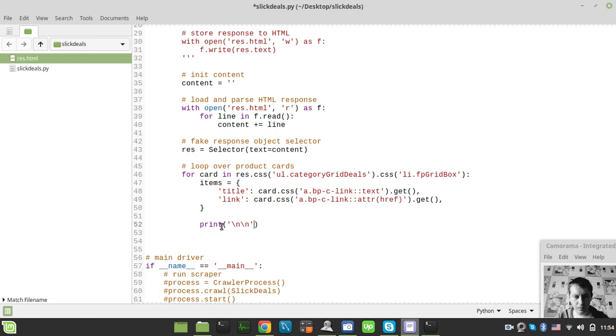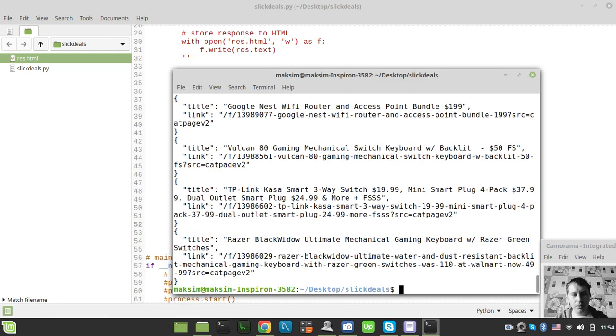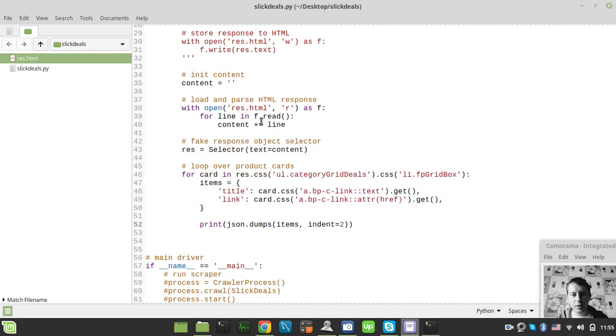So now let's print our items. So I say json.dumps and oh my god, items, and indentation equals to 2 spaces. So let's have a look. Great, so we have the title and the link. So for some reason the link doesn't seem to be that great. Maybe we should have considered